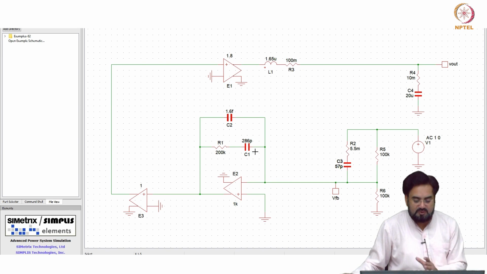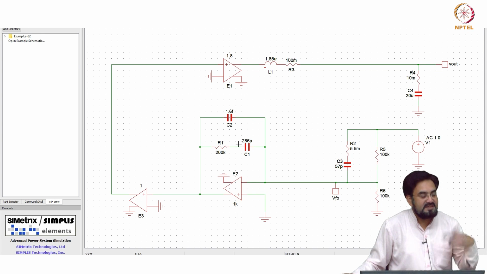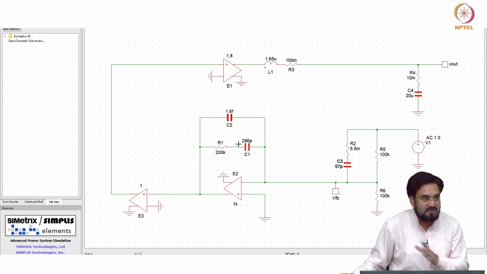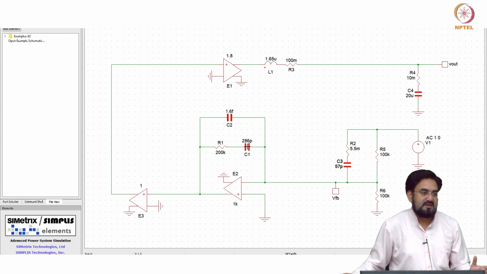If you move your 0 inside by simply changing this cap, it affects your integral gain, but your omega UGB will not get affected. Which means I can use any cap here, smaller or higher, as long as I keep the proportional gain